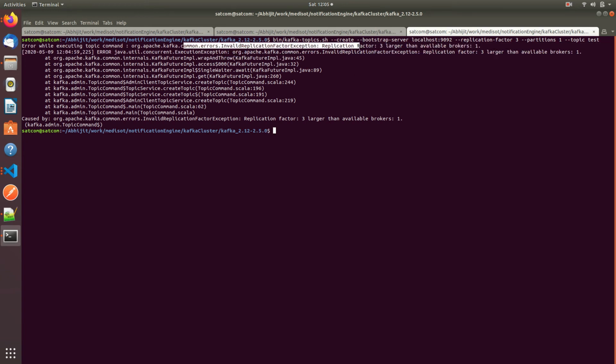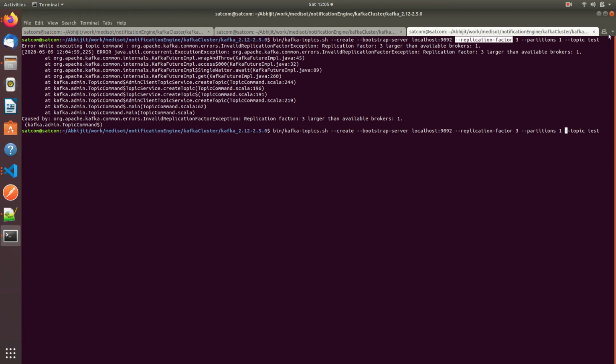Sorry, here I have actually given replication factor 3. That was from another project I did. I will not give replication factor 3 here, because in my server.properties file I am not able to do it with replication factor 3.